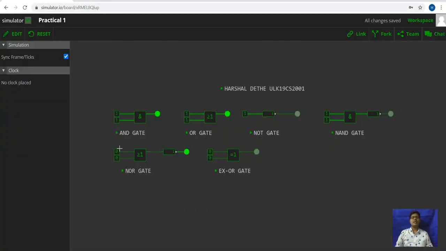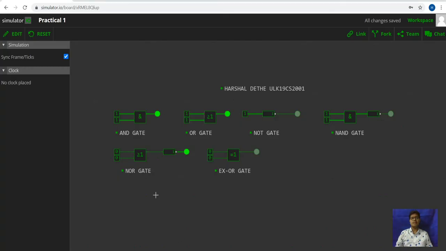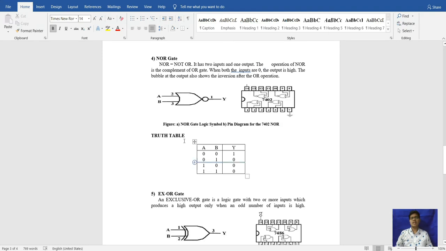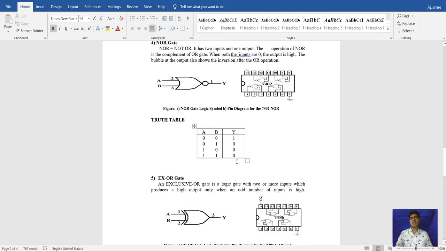This is the NOR gate. Here it is showing 0 and 0, that is 1, because with 0 and 0 it is showing us the light on. After that, we check the second case of 0 and 1. When I give input 0 and 1, the light will be off. Again I check 1 and 0, it is not showing us light, and when we try 1 and 1, again it is not showing us the light, because a NOR gate only gives us one output of 1 and three outputs of 0.